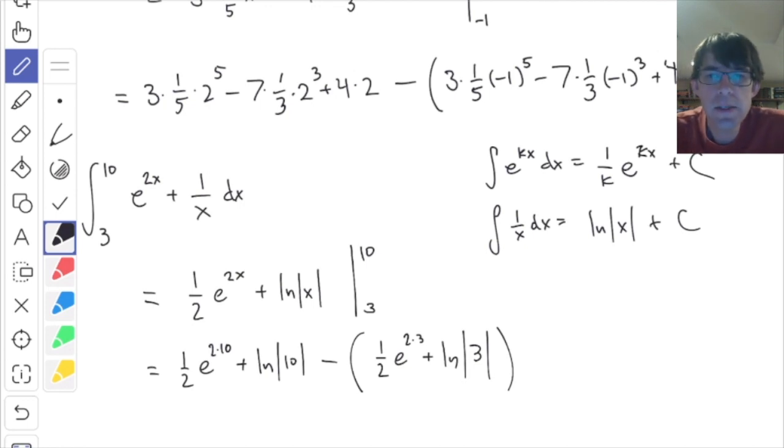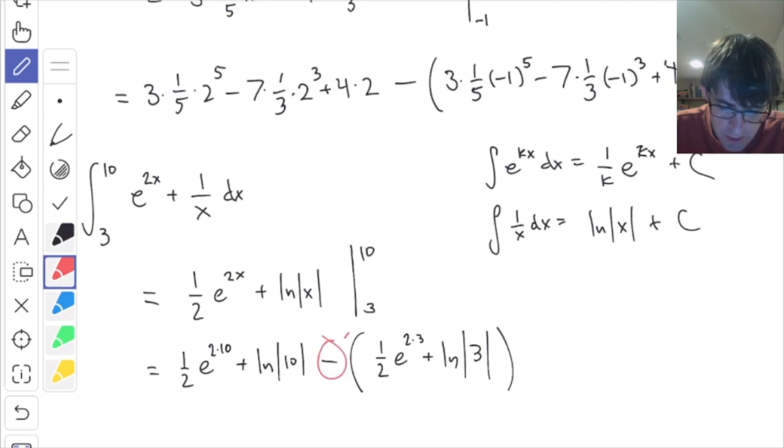And this is my answer. Make sure you have the parentheses there. These parentheses are important because they indicate that this minus sign really affects both of these terms. The minus sign needs to distribute across there if you were really evaluating this thing